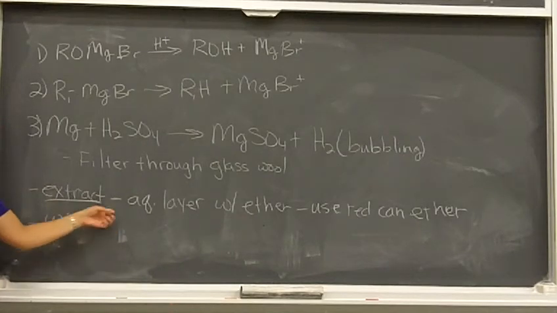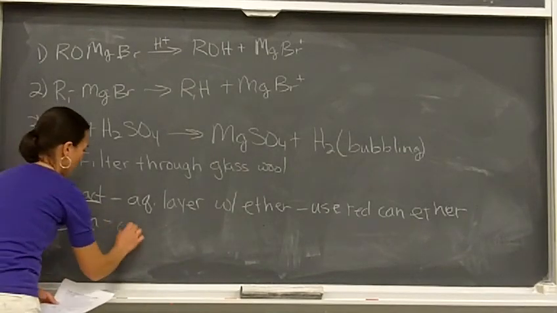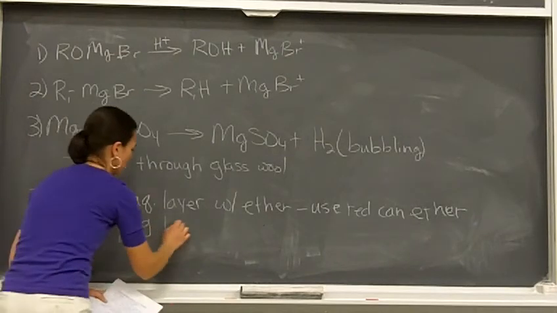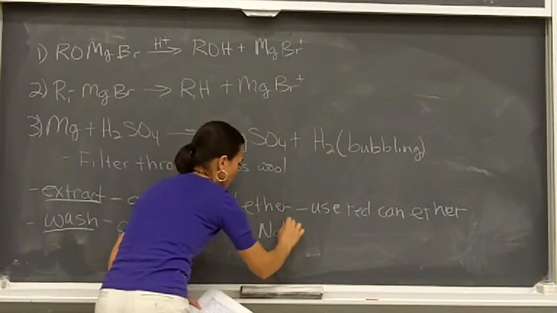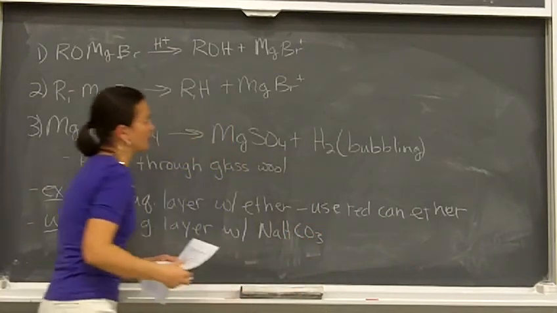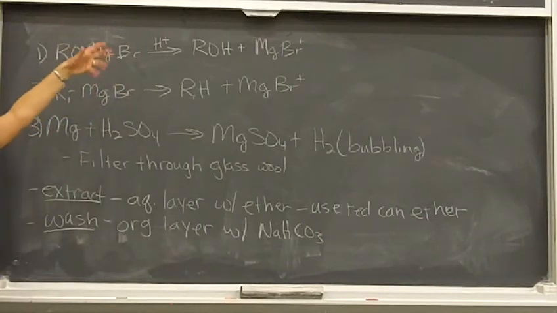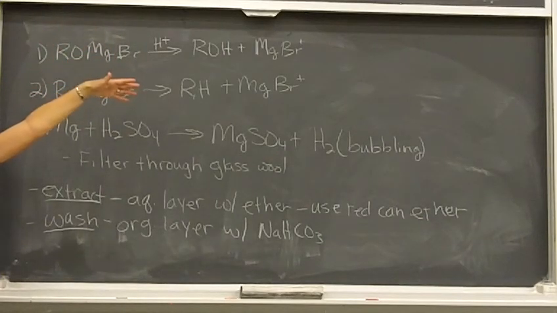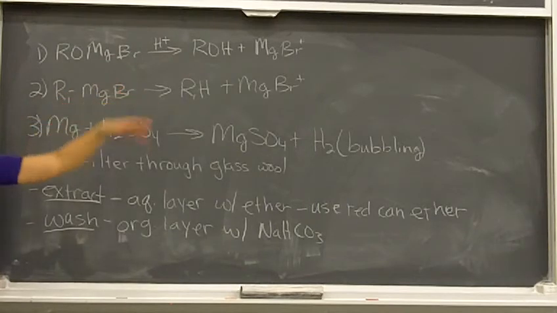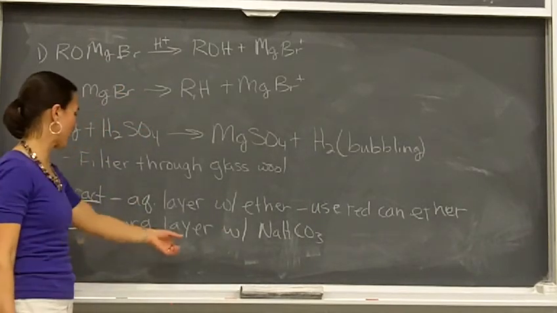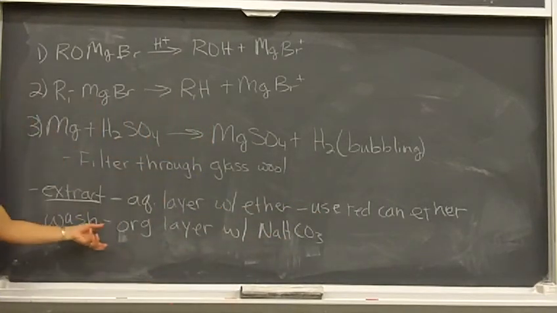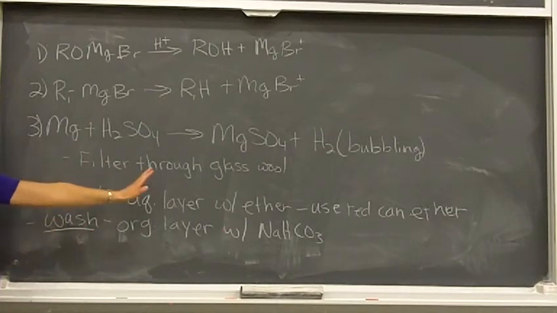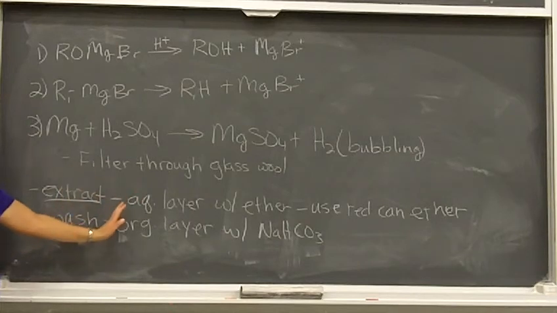Okay? Then we're going to take our organic layer and we're going to wash it with sodium bicarbonate. We don't want any of that residual acid around, because it'll still form alkene at this point, and we've got to do a distillation. So we're taking our combined organic layer, this organic layer and our previous organic layer, combining them together, and washing away from that organic layer something we don't want, which is the acid,